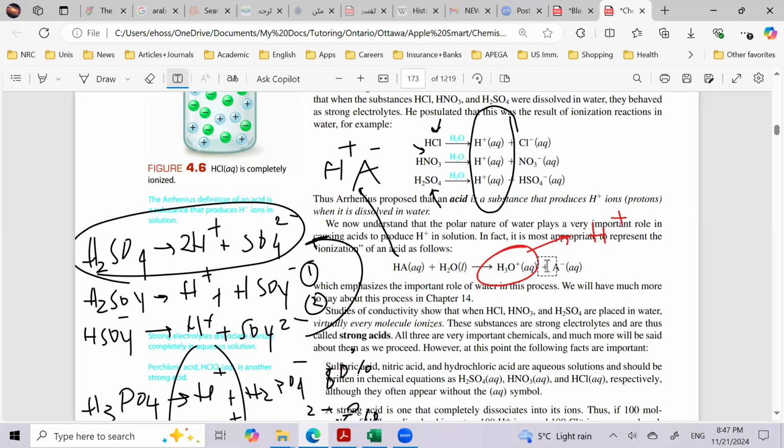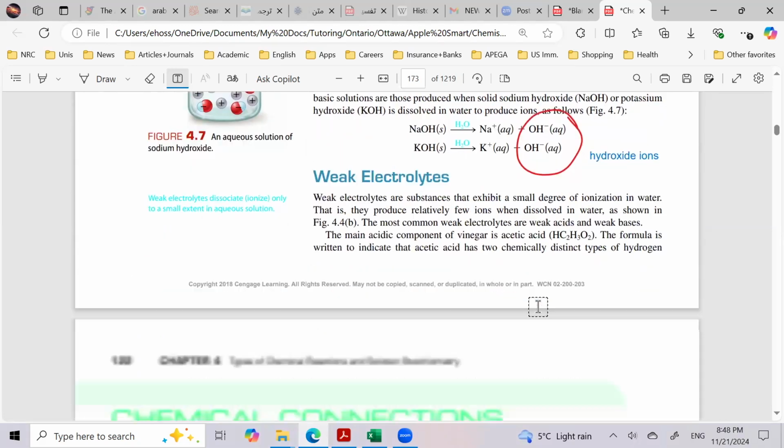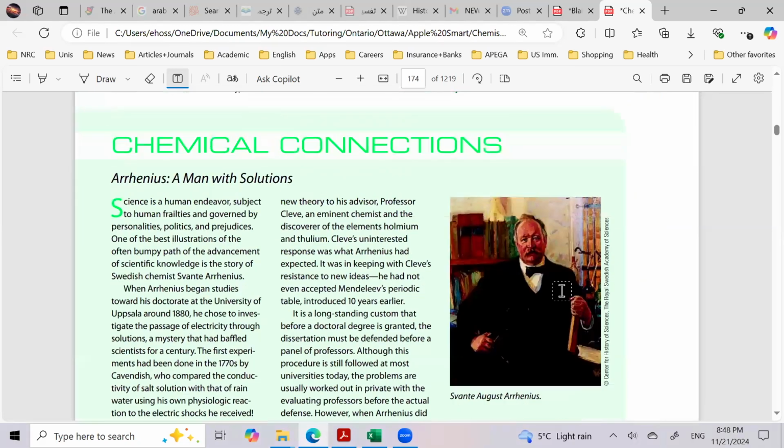Bases are compounds or substances that release, or produce, hydroxide ions in water. So this is based on Arrhenius theory. And this is the guy, Svante